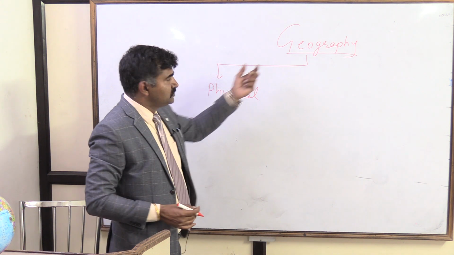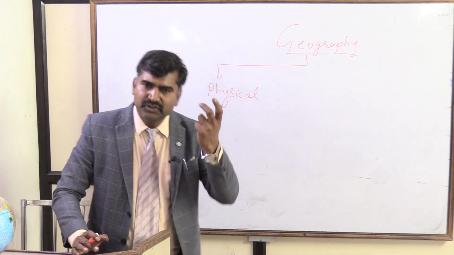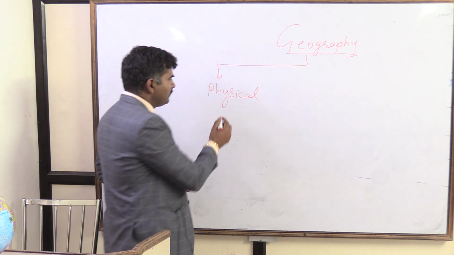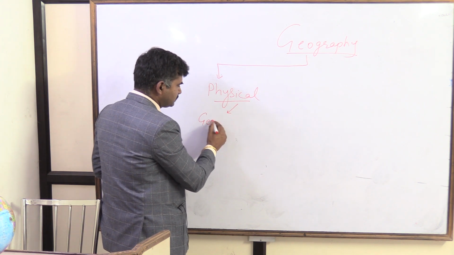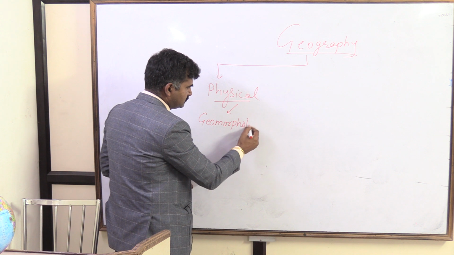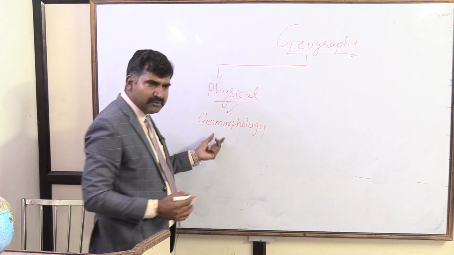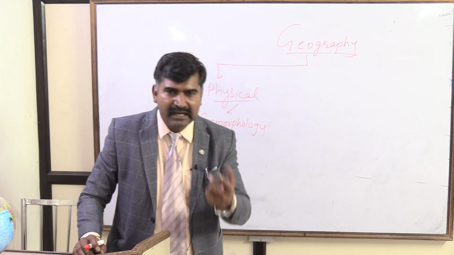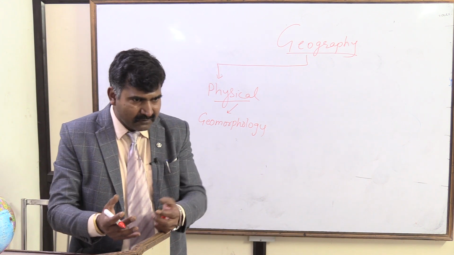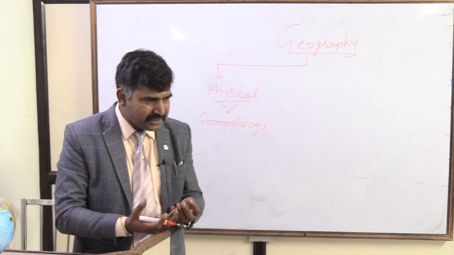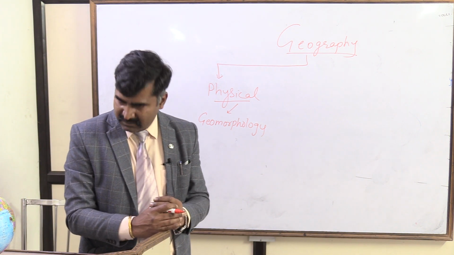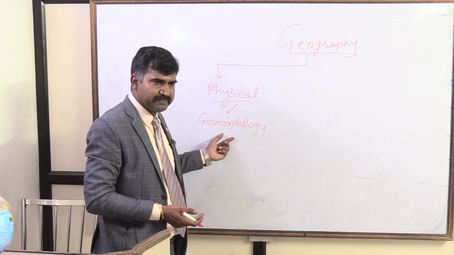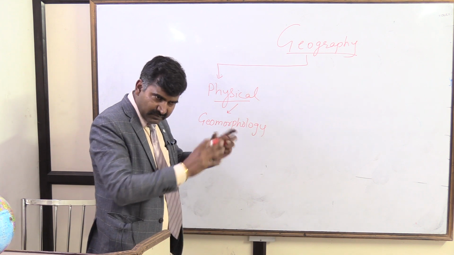See, geography, one part is physical geography. Okay, don't write this. This is like not required. Just understand. Okay. So in physical geography, one part is geomorphology. Now, geomorphology is basically a study of earth, rocks, how earth formed, how the different phenomena on earth or from inside the earth are happening, how an earthquake or how a volcano occurs. Okay, so, or how mountains formed, how are plains formed, how plateaus formed. Okay, so this is the basic thing of geomorphology.